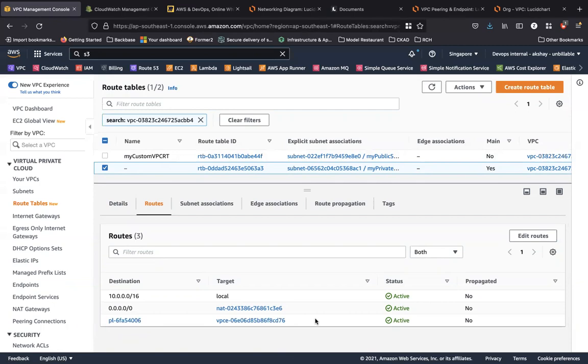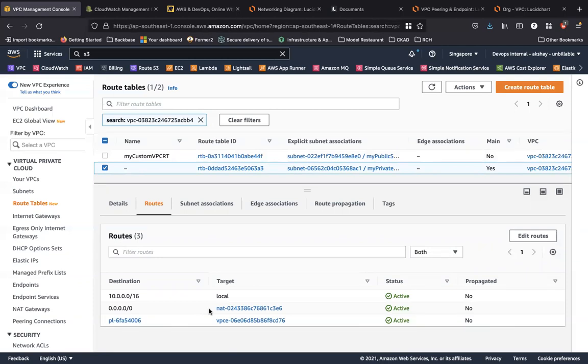So now if this database would like to talk to the S3 service, it would go through this prefix list or the VPC endpoint. And the best thing about the VPC endpoint is it ensures that all of your traffic is private in nature. And also, you really don't need the internet gateway or the NAT gateway when you work with VPC endpoint. So you can directly go ahead and remove this route for the NAT gateway. You can remove the route for the internet gateway, and you can ensure that the VPC endpoint would work because it does not require a NAT gateway or an internet gateway. And it would keep the entire traffic private over Amazon's backbone network.